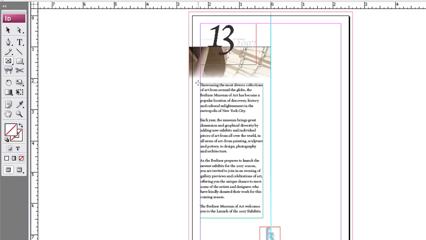Go ahead and delete that, and we can do similar things with the ellipse tool. For example, if I click and drag, I can make any ellipse shape I want. When I hold Shift, it constrains to a circle. And when I hold Shift Alt on Windows or Shift Option on the Mac, it draws a circle from the center. So go ahead, delete that shape again, just hit the delete key on your keyboard, and now let's look